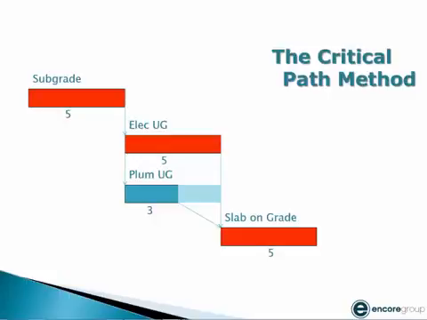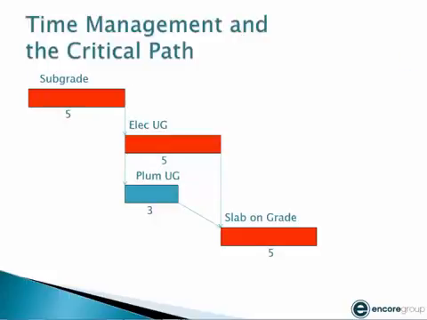Let's talk a little bit about how the critical path is calculated. The computer will take this sequence of activities and it will start on day 1 and show the subgrade if it starts on Monday, for example, and finishes on day 5 or Friday. That means the subsequent activities can start on day 6. The electrician, scheduled for 5 days, would finish on Friday. The plumber, scheduled for 3 days, would finish on day 6, 7, and day 8. If both activities are done by 10, the slab on grade can start on day 11 and finish on day